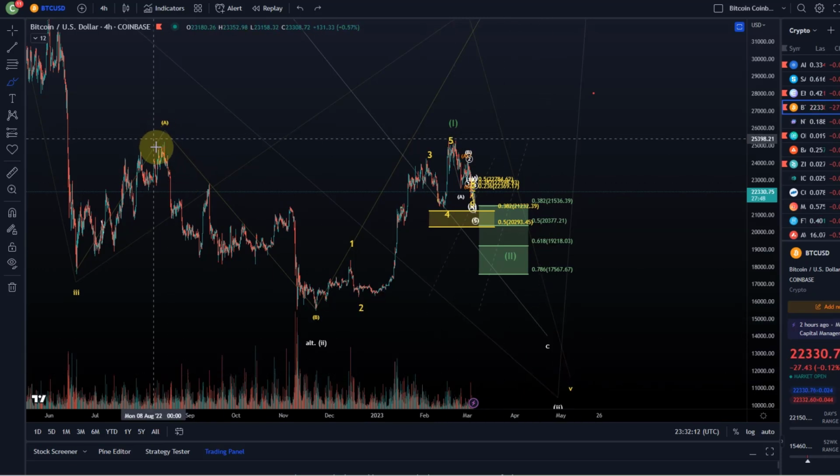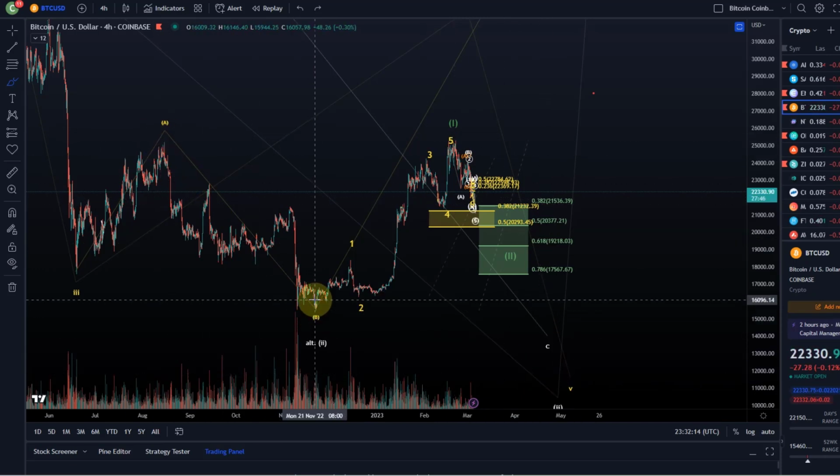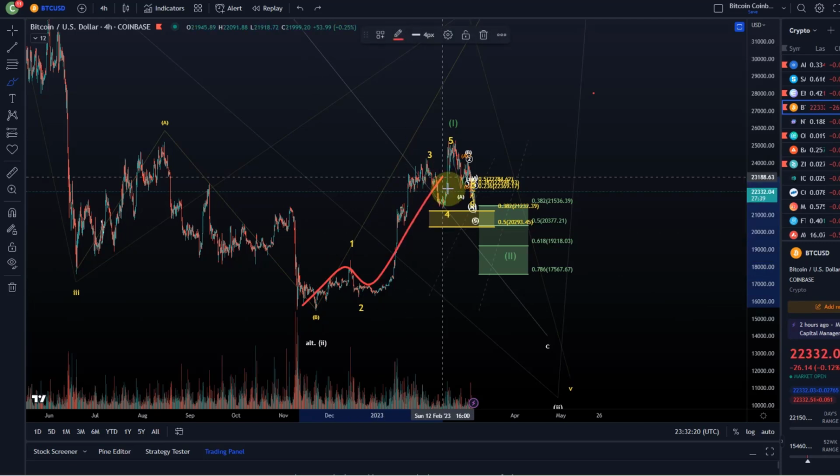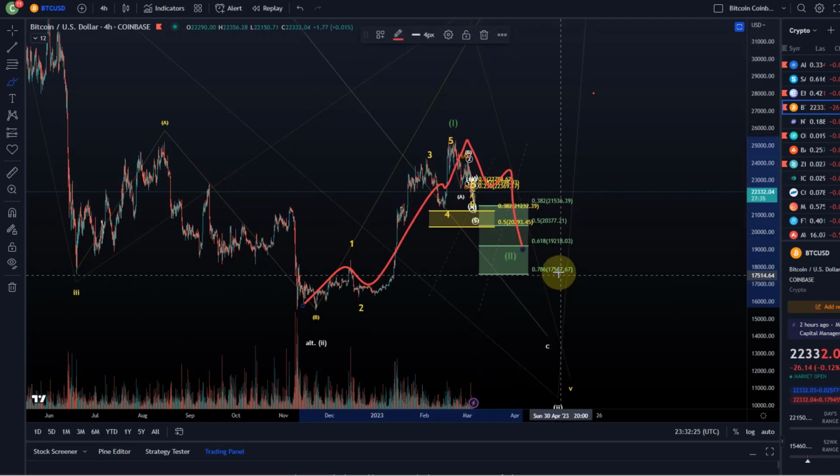Yeah, this looks like a clear B wave to me. Okay, maybe it finished here. Maybe the bear market is over. Then this would count as a wave 1 to the upside. And eventually, when we come into this wave 2 support area, which could go down all the way to 17.5K,